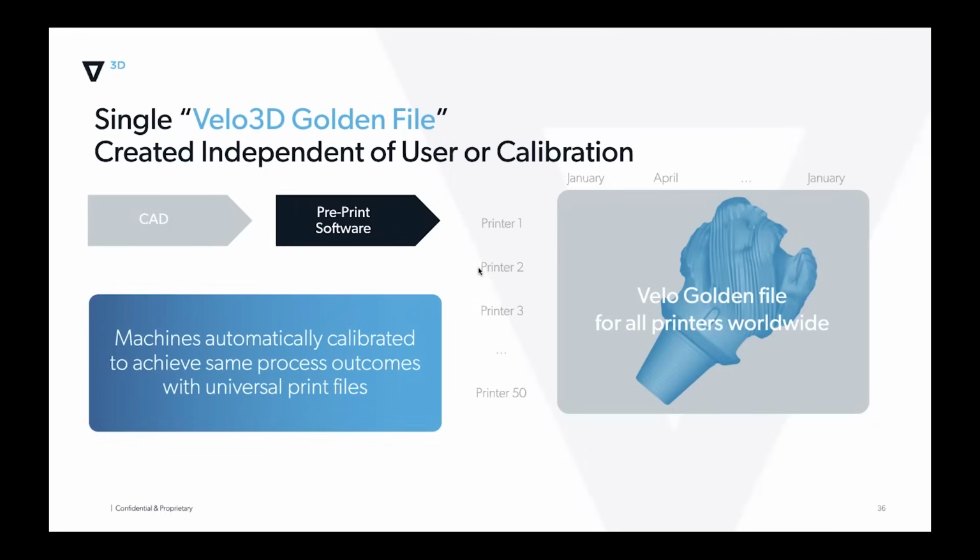So create that preprint file, go slice it, develop those print instructions, and then you can take that build file, put it on any Sapphire printer anywhere in the world, and you should be able to recreate the exact same results regardless of location or printer serial number, which is an extremely powerful thing to do, and traditionally very difficult to do with manual calibrations and offsets for different laser powers and things like that on different machines